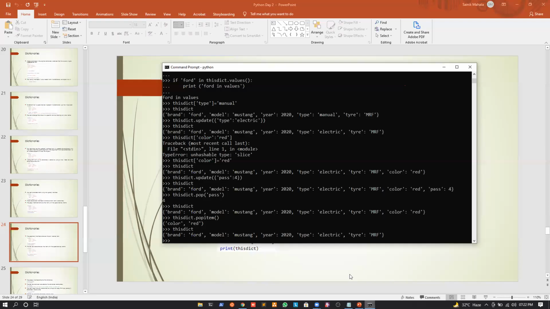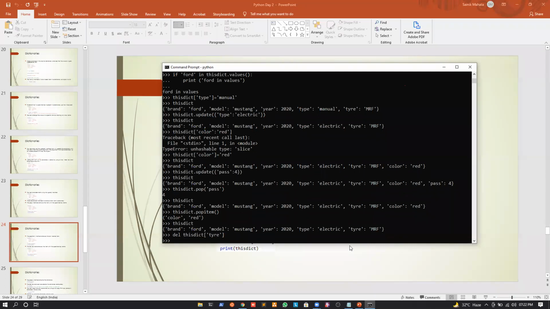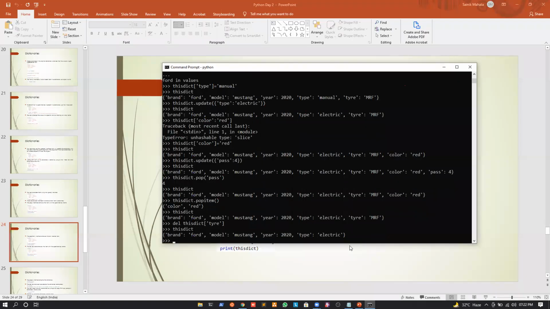Next, again we can use the del keyword. If I want to use the del keyword, I will give the name of the dictionary like this, and inside the square brackets, we will give the name of the key. For example, I will remove tire. So I will give tire like this, and if I print the dictionary once again,